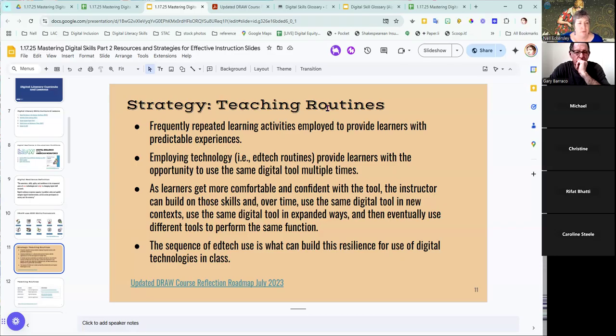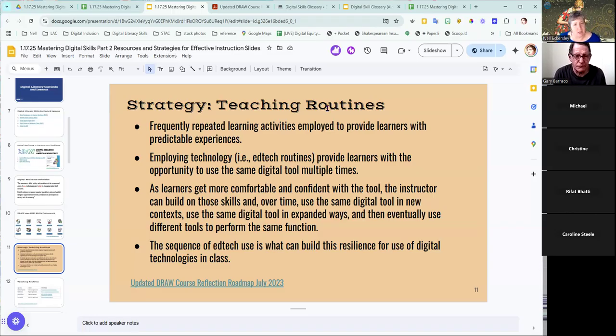What the folks with the Draw project have thought about is, can some of those have technology in them? So we begin this idea, for example, if you're teaching vocabulary, that maybe you would have a Quizlet set for that. Quizlet lets you create a set of vocabulary words with a definition, and you have it on your phone on an app, and you can just quiz yourself over them. But then there's some games even in Quizlet that help you make it even a little bit more fun than just having your